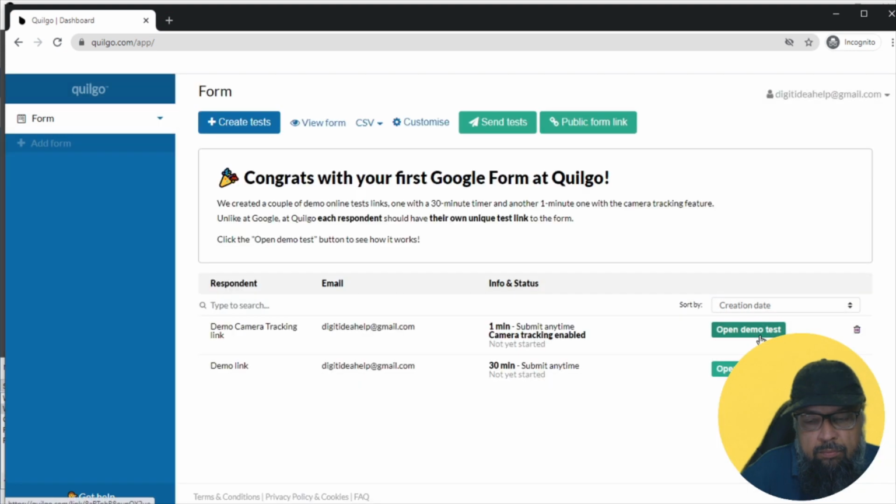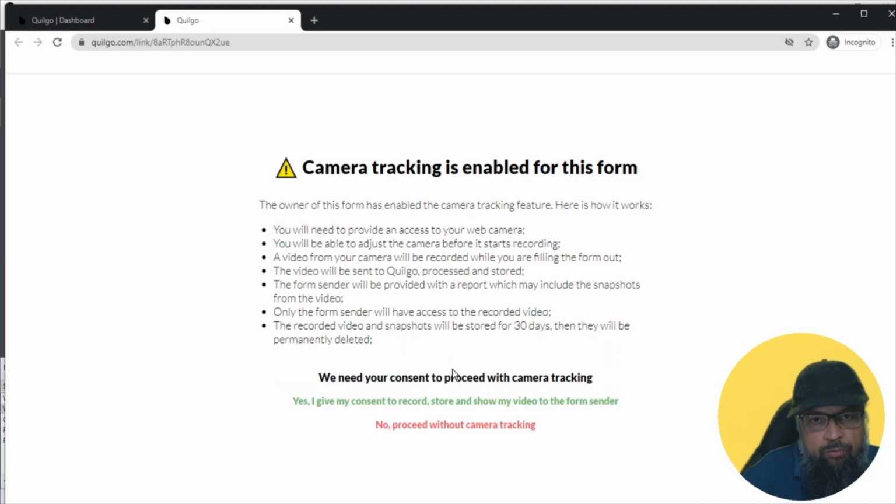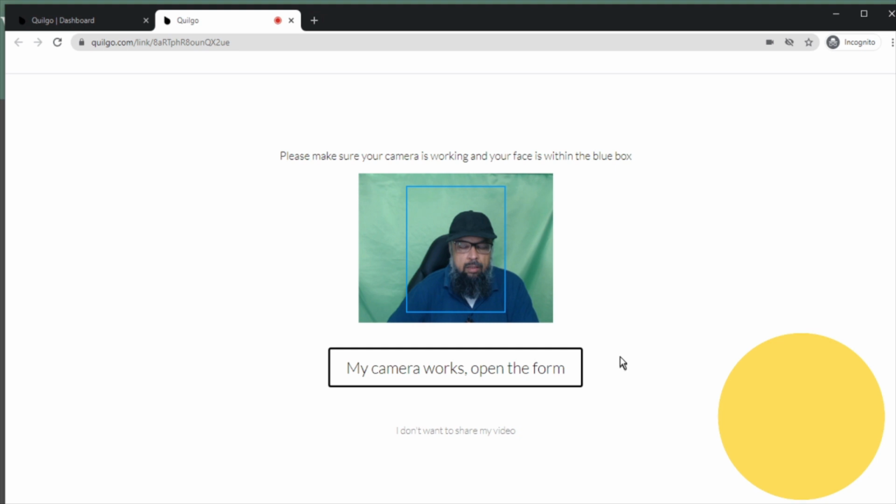which I am going to show you. So I click on this open demo test, and I click open the form, and then I have to give permission, and now I click on this and then allow, and now my camera is obviously not in a desired position because I am recording this video, but you will make sure that your student's camera is on their screen, and the camera is also encircling your students as well, so that you can watch that they are looking at the screens.